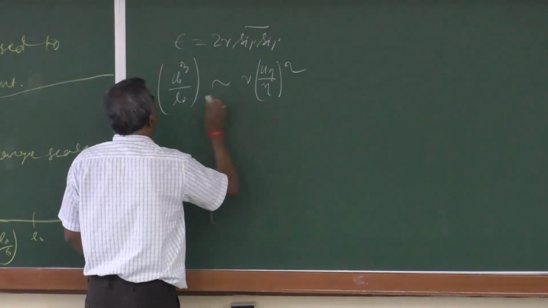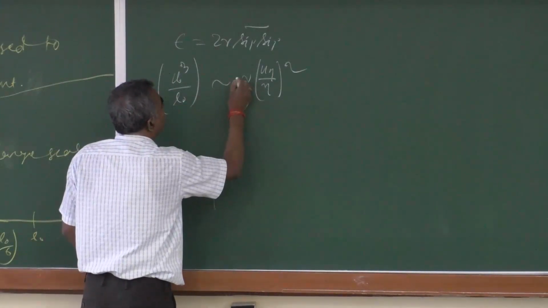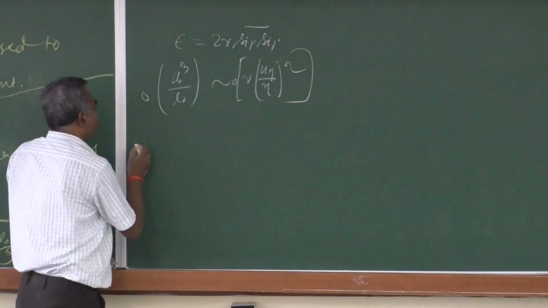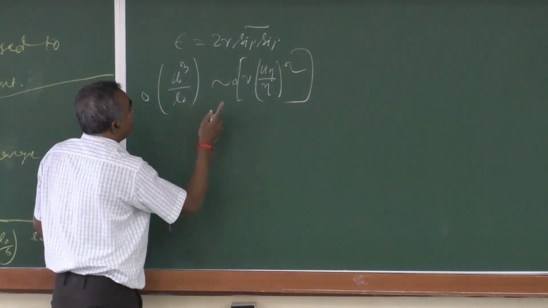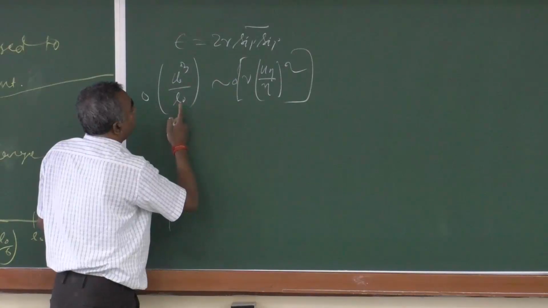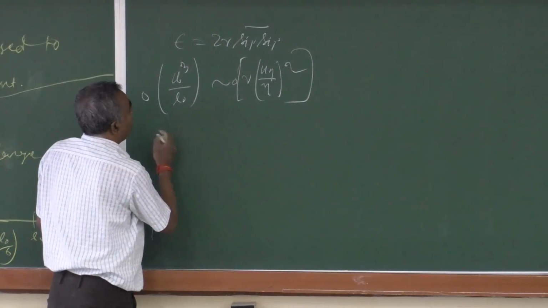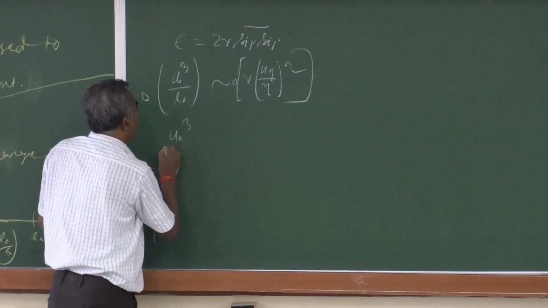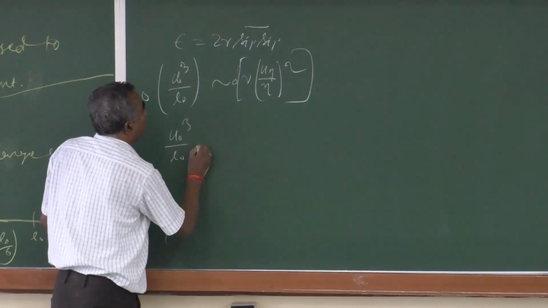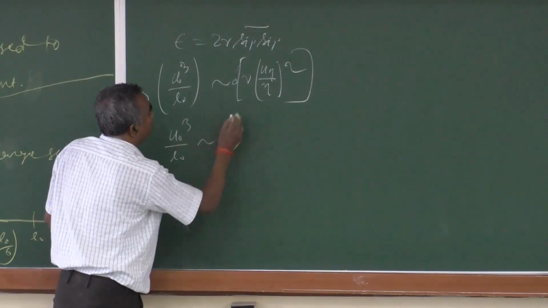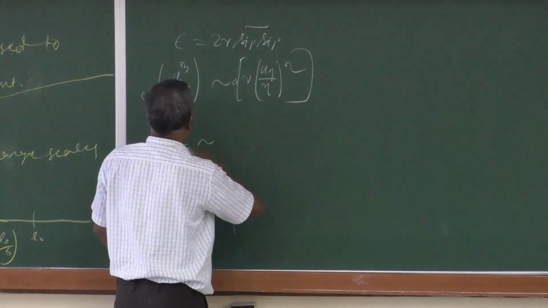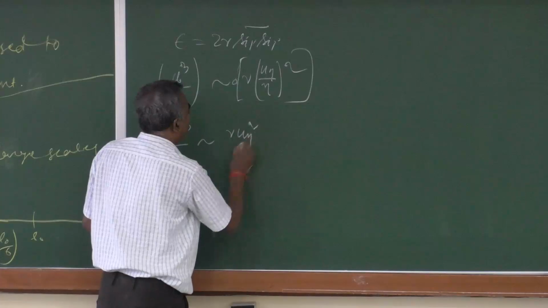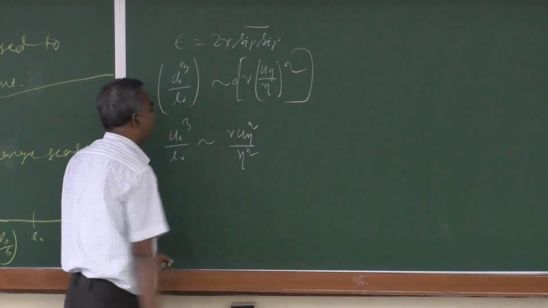So, this quantity then is going to be of the order of this. Okay. So, from this let us do this ratio. So, u naught cube by L naught is of the order of nu u eta square by eta square, right,